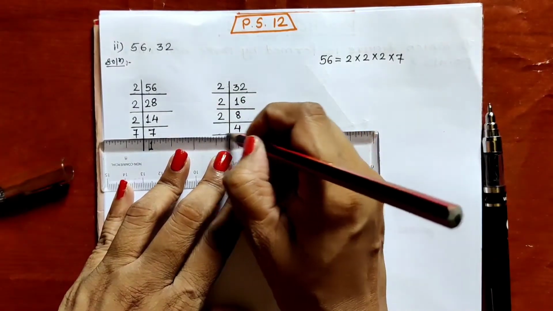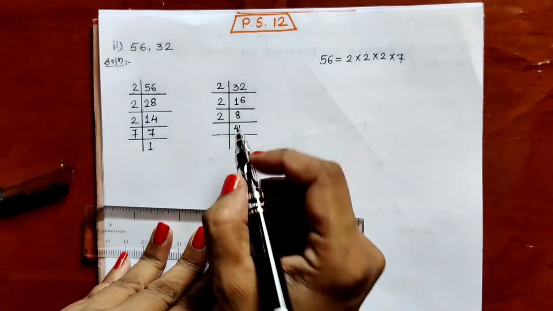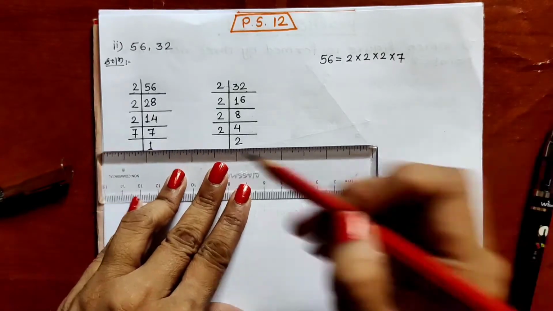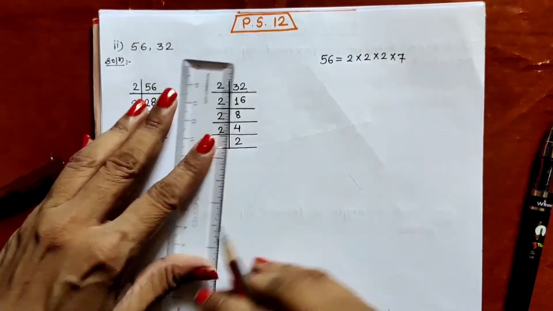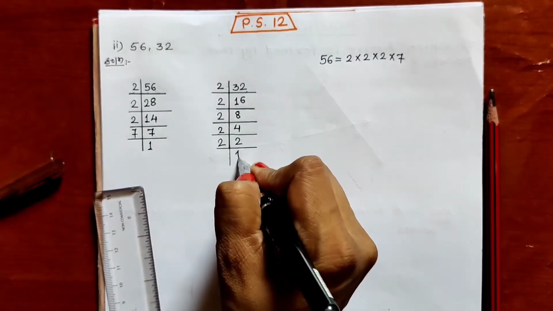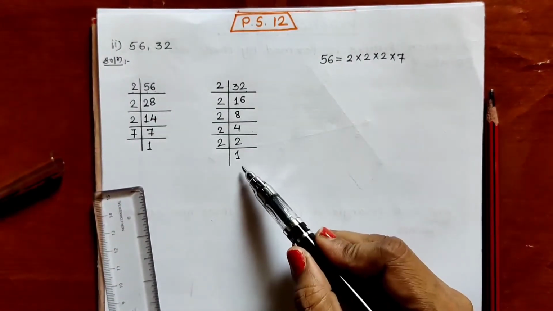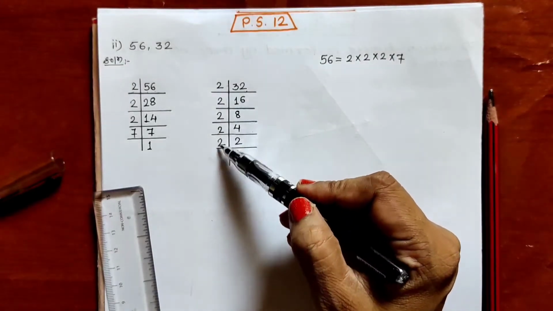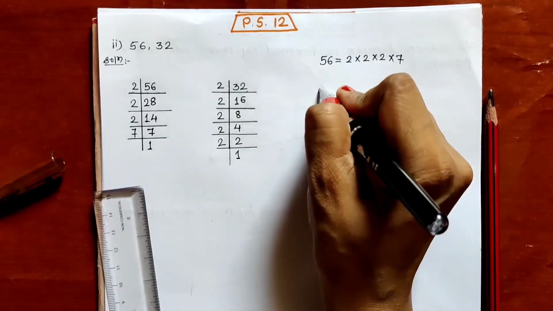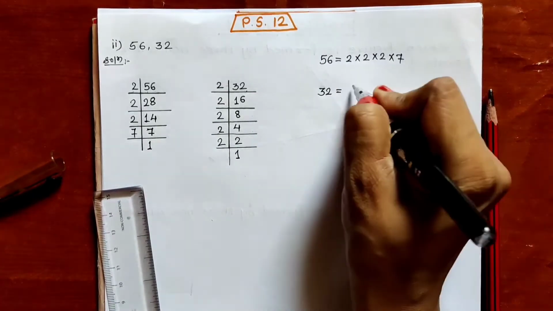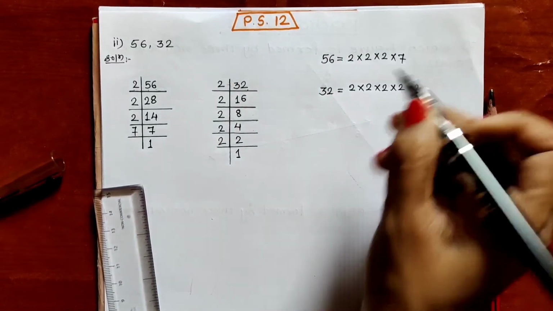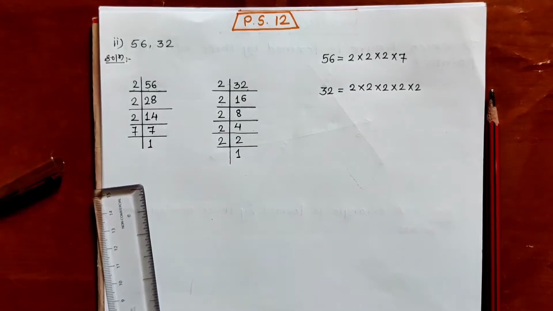It is again divisible by 2. We all know it is not a prime number. It is again divisible by 2. 2 2s are 4. And then in the end we have got 2, which is a prime number. It is not divisible by any other number. So we should write 2 1s are 2. You all know we have to solve till we get 1 here. And all these numbers should be prime numbers. They should not be divisible by any other number. So the factors of 32 are 2 into 2 into 2 into 2 into 2, 5 times.